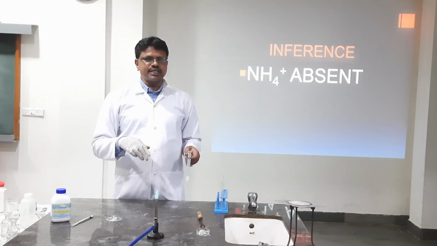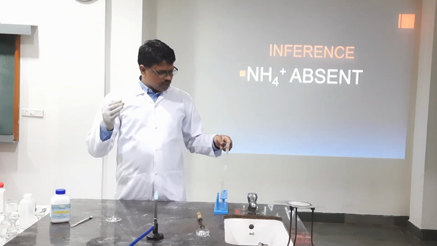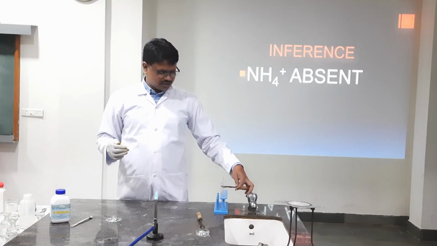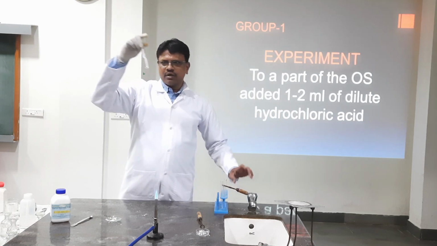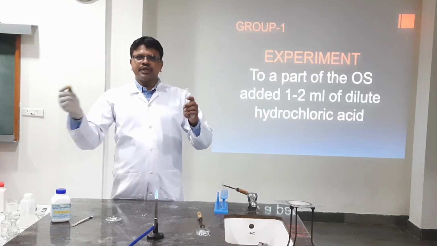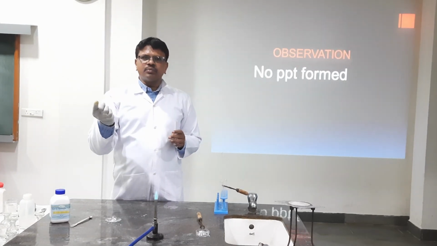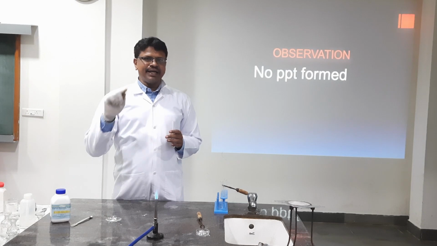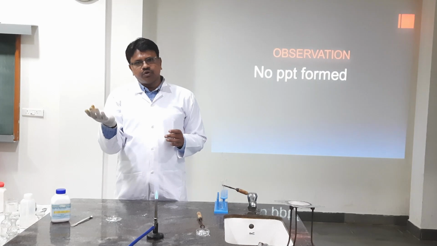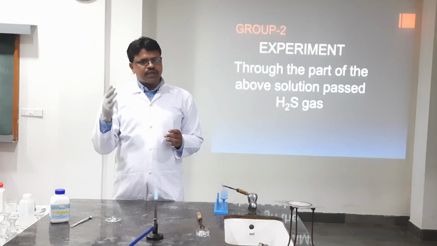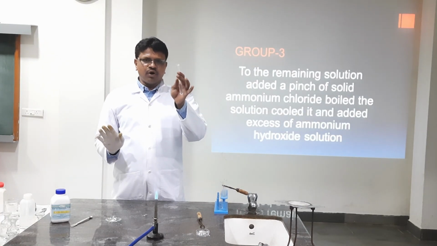Directly you should not do the test. Group wise you have to go. That is what systematic analysis is. So next, what will we go for? We will go for group 1 analysis. What is to be taken for group 1? Again you should take this OS into a test tube. To that you should add hydrochloric acid. If a white precipitate is formed, it indicates there is lead ion, Pb2+. Like that you should go group wise. If not, go for the next group, group 2. There also if no information, go for group 3, next group 4, like that you should continue. So I think you will be following this method.